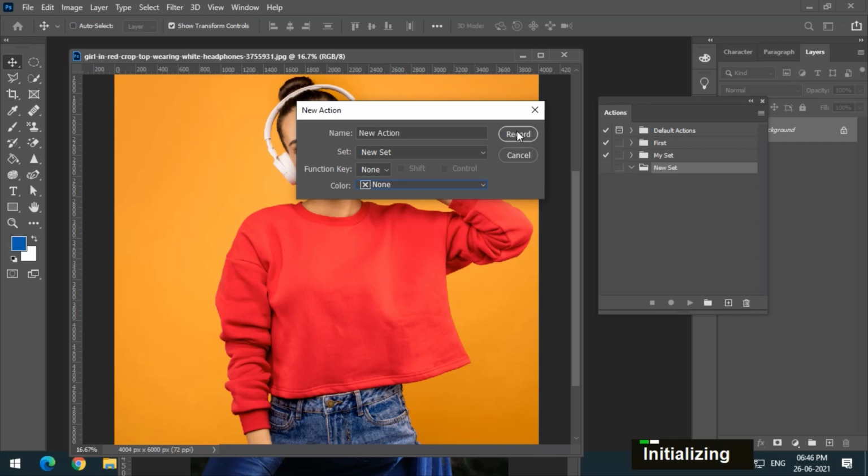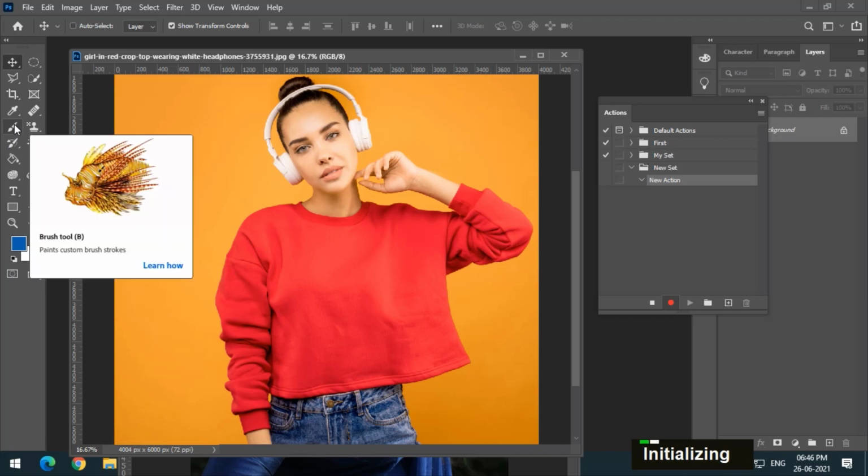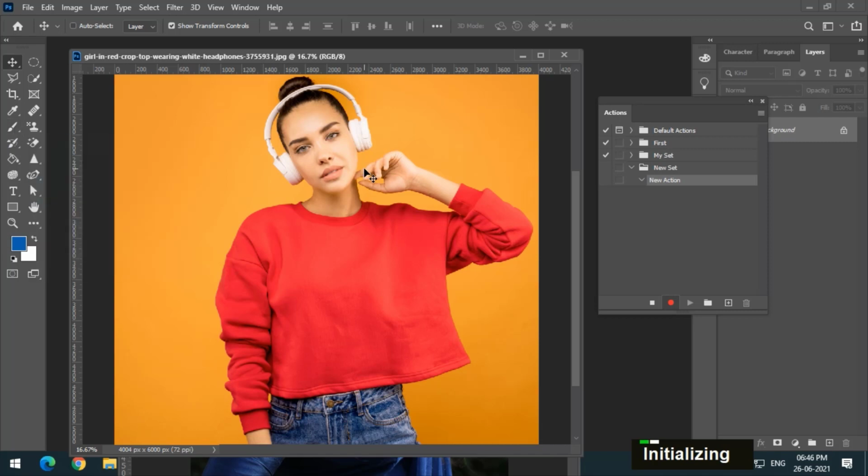Actions basically means whatever steps we perform, it will record them. So I will press the record button. Now you can see new action is created. Whatever steps we perform, it will store. But remember, it won't store steps like brush strokes. It will only store the steps which physically affect our image, like selection and also the crop tool.